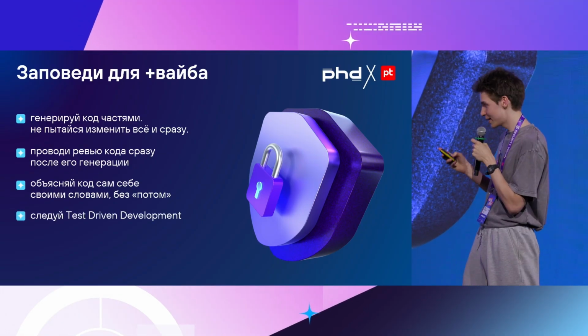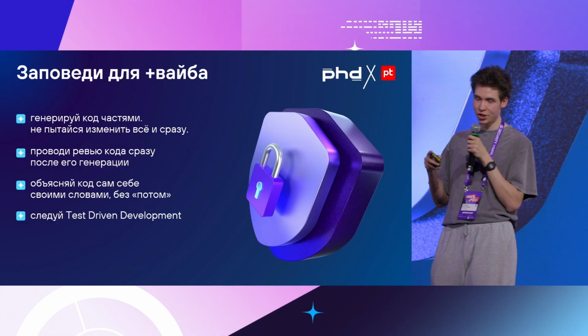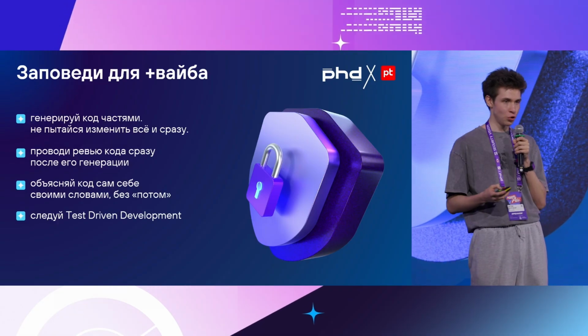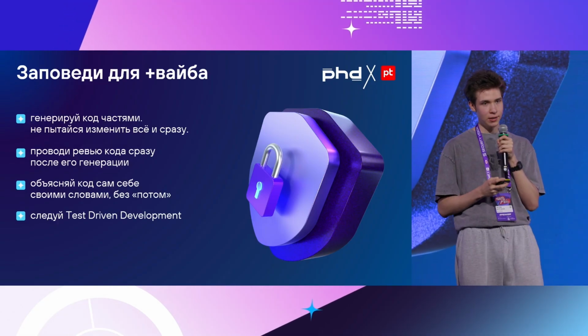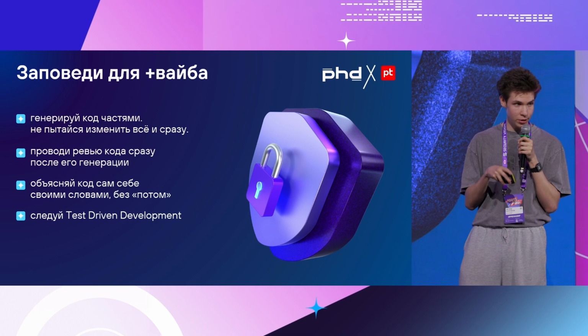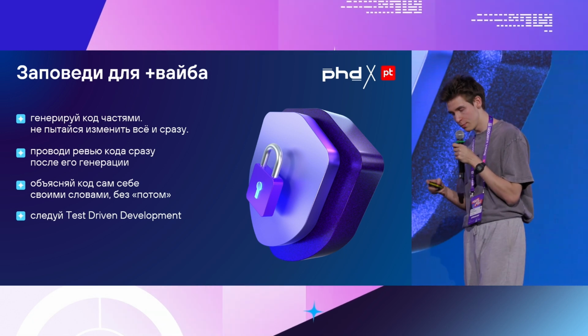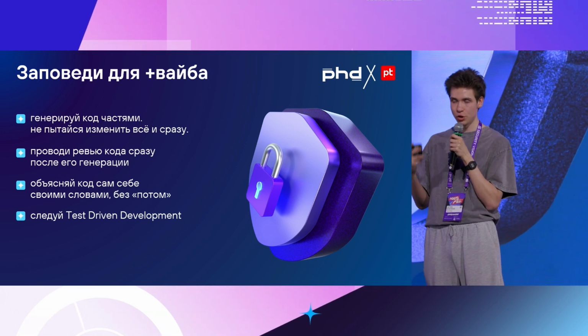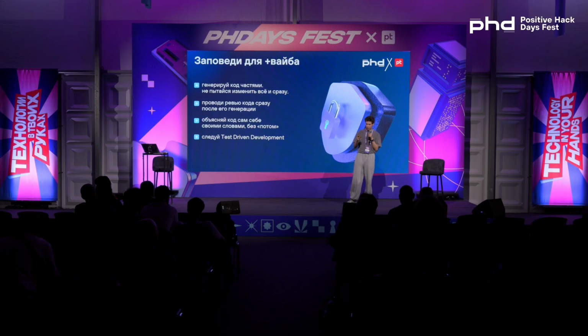Following test-driven development helps a lot. Test-driven development helps you immensely. First you do a test, then you deploy your feature. It's important that you understand what the test does. And then you tell the model, now generate a feature, now test it. And this is such a great way of protecting the model from a heap of dysfunctional code.